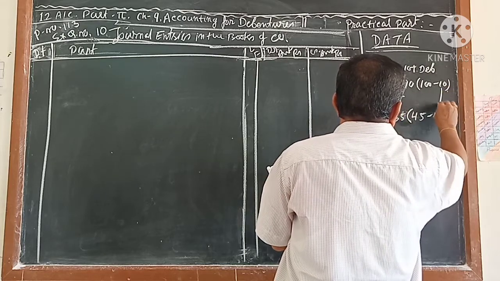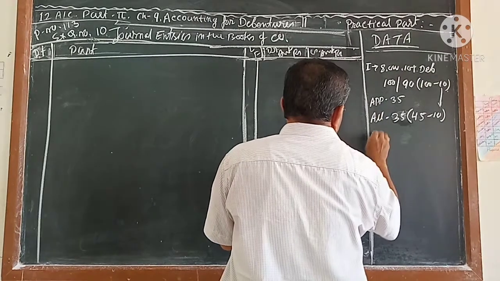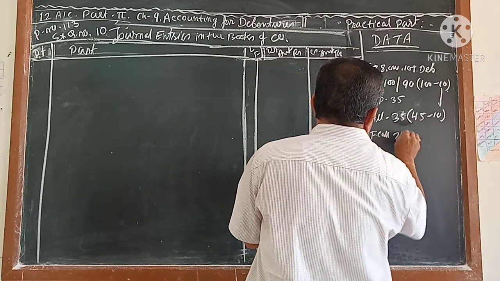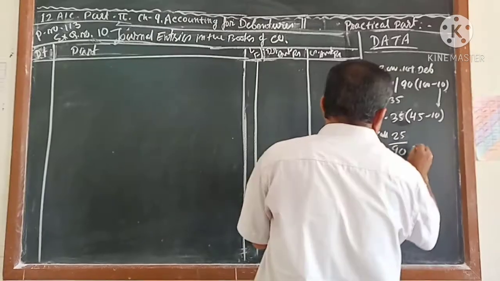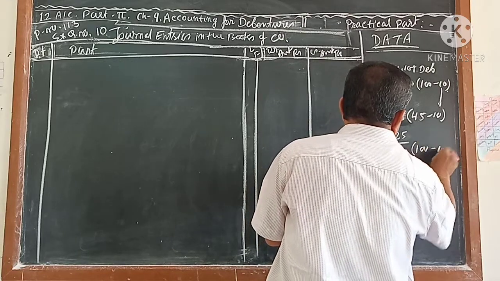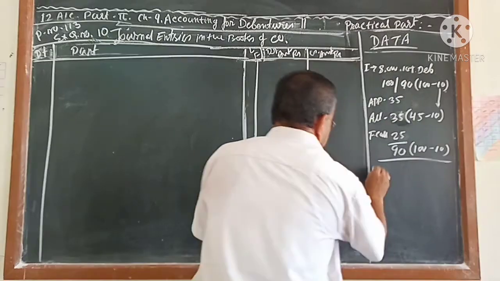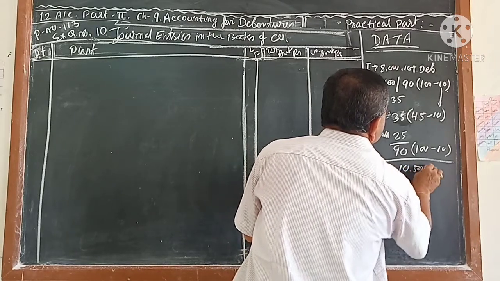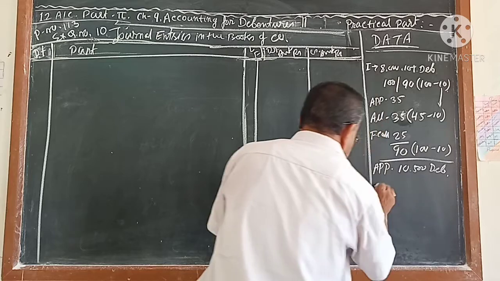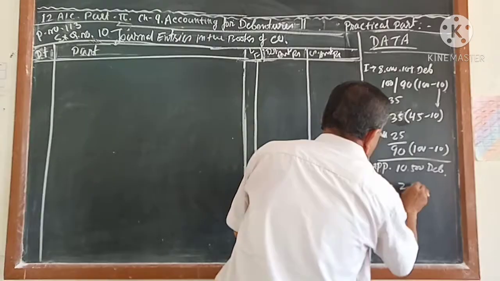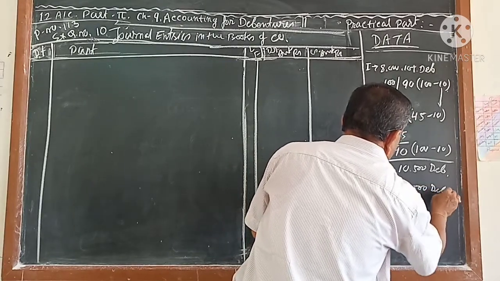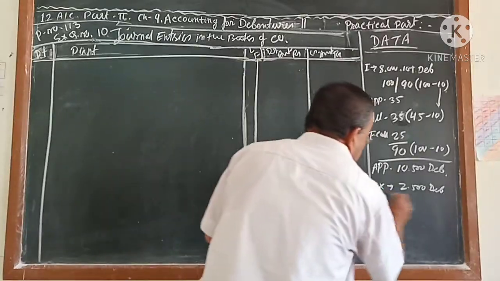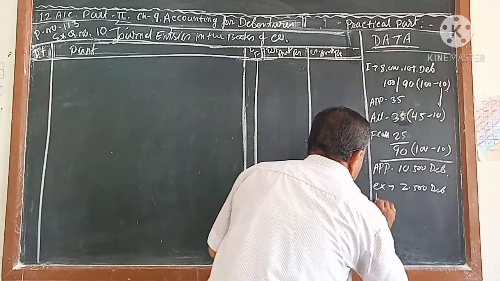This 10 rupees discount is here, and that call means final call. Final call is the balance amount. Balance amount you will get it here. Actually, this is 90, and this 90 how much comes? 100 minus 10. Application received how much? Application received 10,500 debentures. So excess, if you have to refund, that is 2,500 debentures. You have to refund it. And one more thing, this is excess refund.